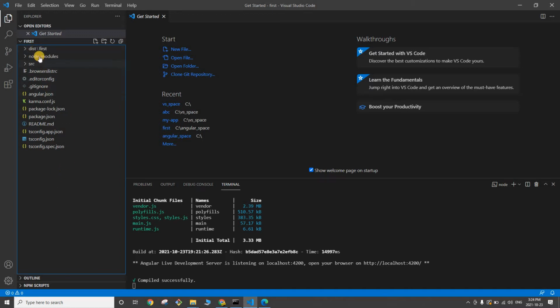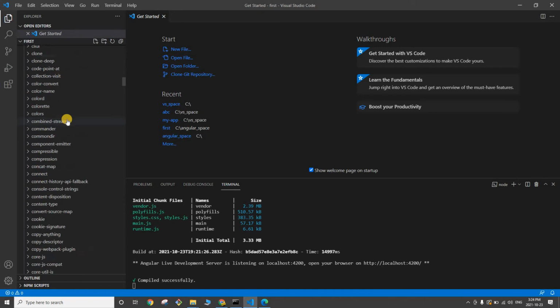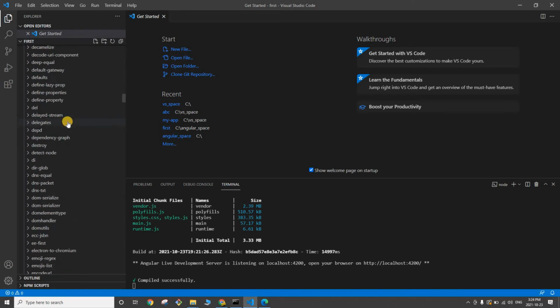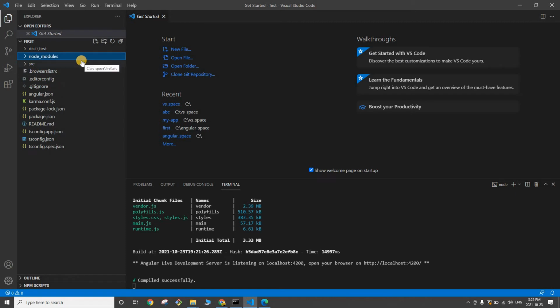Now the next folder is node_modules. So this folder is exactly the same as your lib folder in Java, where you have all your dependencies, right? Now if I expand this one, you will see this particular folder has all the dependencies that you need to run your Angular project, right? node_modules is similar to the lib or library folder of your Java project. Simple. src is your source folder. So we'll talk about src in a moment. Let's quickly cover the rest of the files first, right?